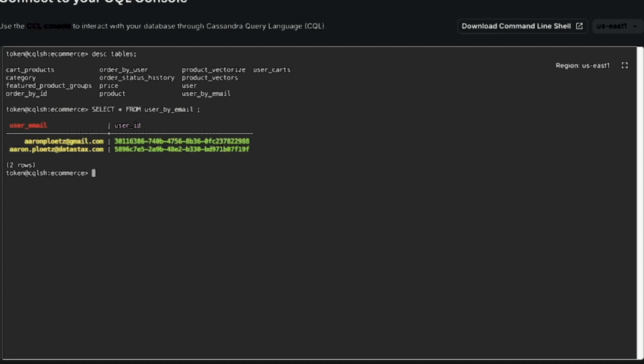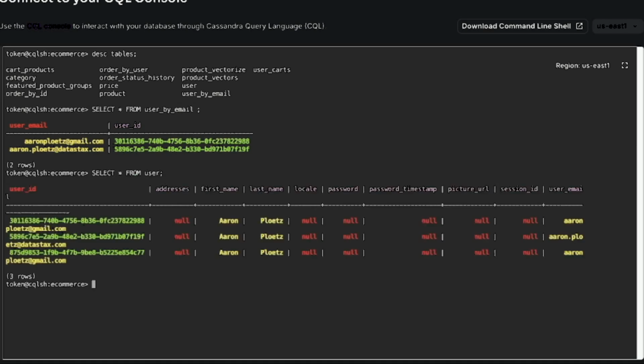So let's say for a second that we didn't want to do this. Let's look at select star from user. We have 3 user rows out there. Well, they're all me, but one of them must not have made it over to user by email, but that's okay. There's probably some old data out here.